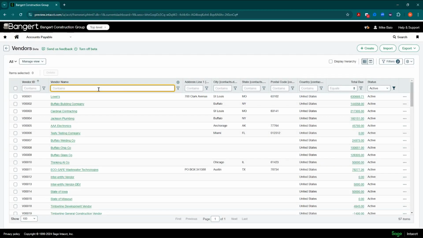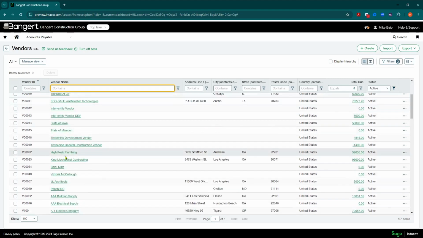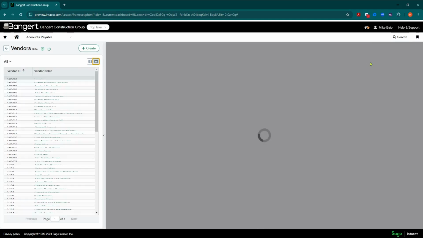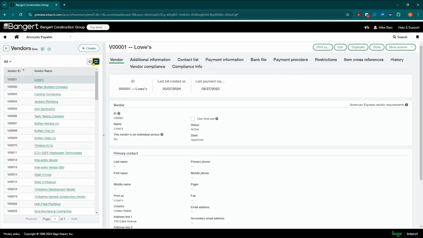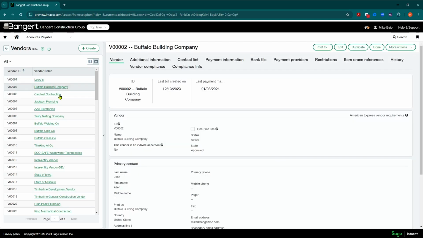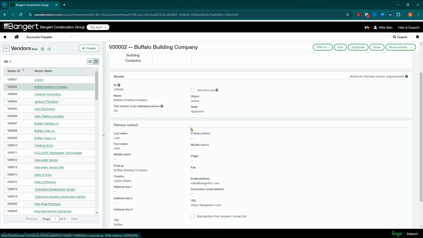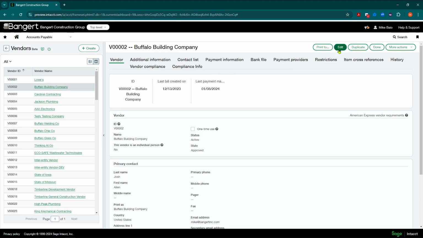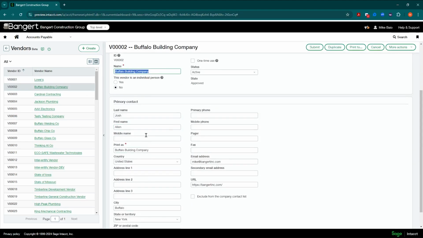The other aspect of this that's been in there for a few prior releases is the ability to have this side-by-side view. So instead of finding my vendor, or whatever list you're in, and then clicking on the contact to go into the screen to edit it, you can actually have a side-by-side view, and it's really just toggling this button here to have a list view versus side by side. And what's really cool is I can click on the Buffalo Building Company and now it will show me that vendor's record and all the information that's set up on that vendor. If I want to edit it, I can just click the edit button right here, go edit my field.